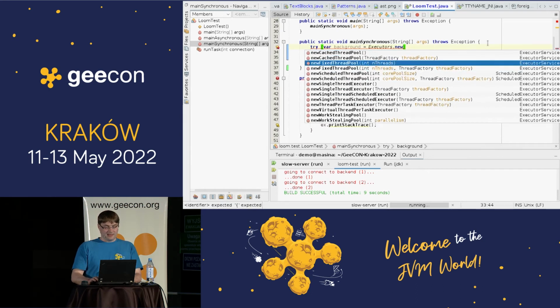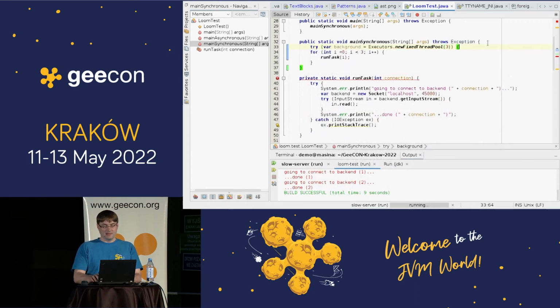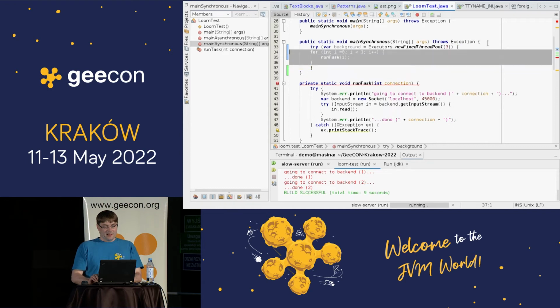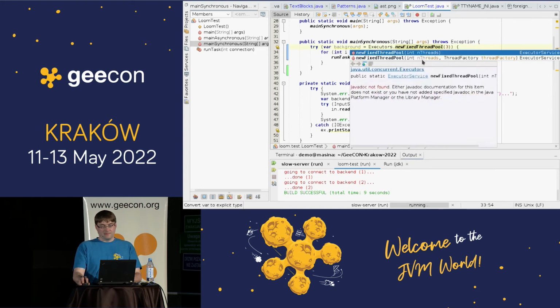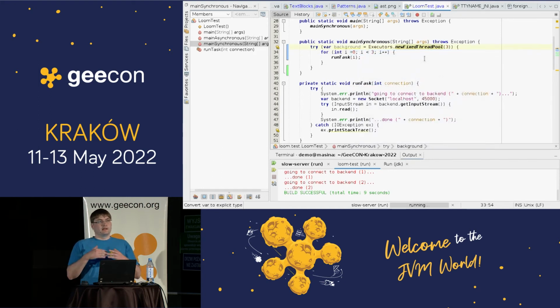Let's do it. Let's run in parallel. Let's run in 3 threads. And right now we see another new feature in 19. This new fixed thread pool will return an executor service. And since 19, this executor service is auto-closable, and when it's closed, it will actually wait until all the running tasks finish. So we can put tasks into the service, and it will only leave the try resources once all